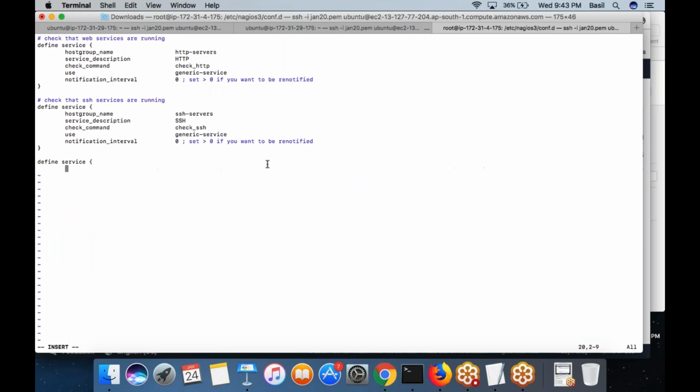I will reboot this machine. Okay, anyway, it's working. Host group name I am going to put as HTTP service. Service description I will put something like, let's say, Apache. Now I want to monitor Apache service.